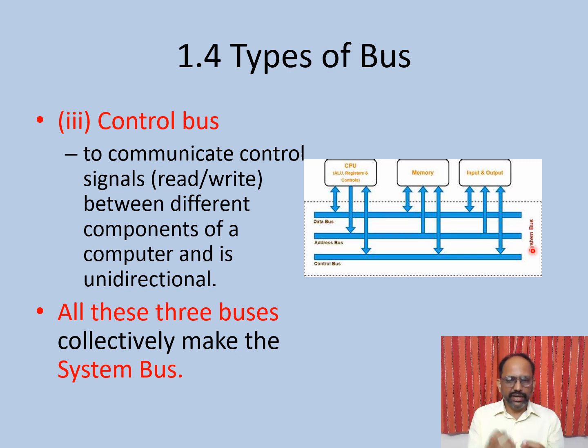That means whenever CPU wants some data for process, it will approach the main memory, and the control bus will initiate a control signal. Which kind of control signal? There are two kinds of control signal. One is the read signal, another one is the write signal. Which one it has to initiate? Read signal. Okay, the read signal,